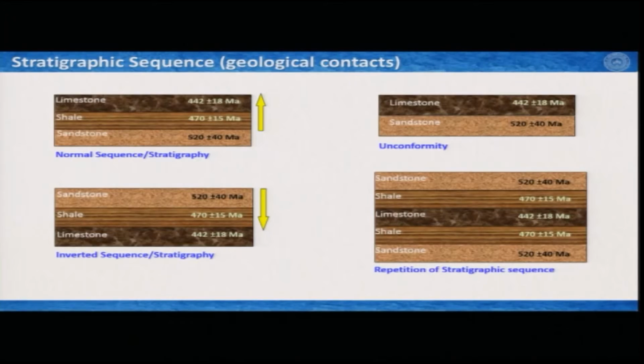That means that you have older layers at the bottom and then slowly you stack up with the new layers. So, if we see this, then there is no problem. However, in the field we commonly also observe an inverted sequence or inverted stratigraphy. That means you have younger layers at the bottom and older layers at the top. Sometimes some layers are missing. That means either they were eroded later, or after the deposition, or there was no sedimentation at that particular time. So, if something is missing, then we assign it